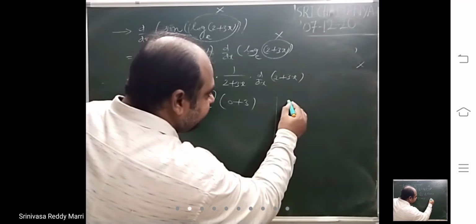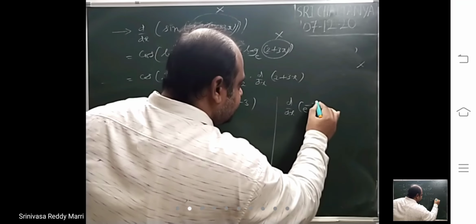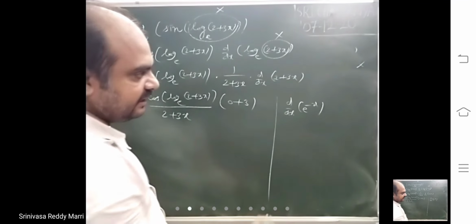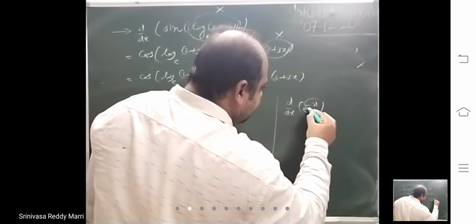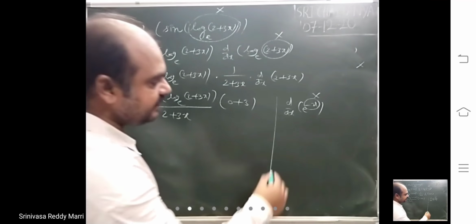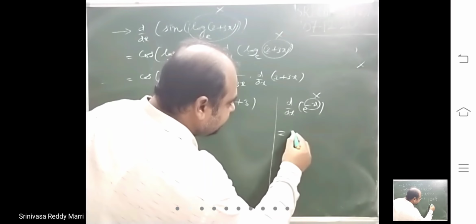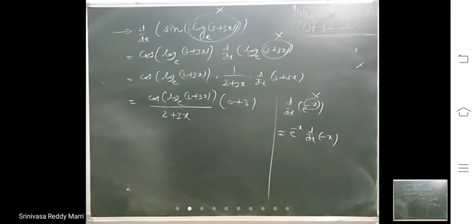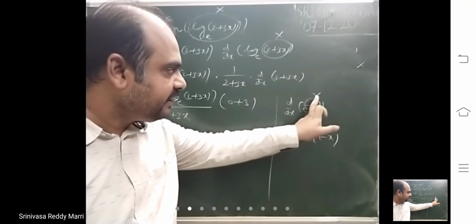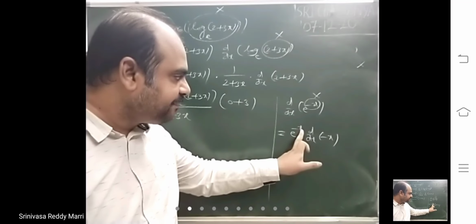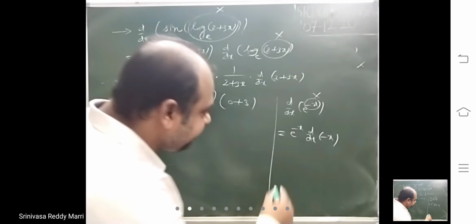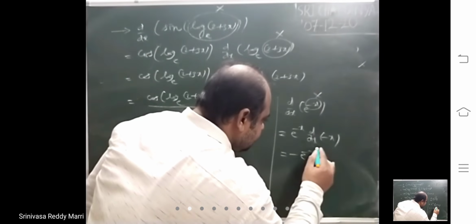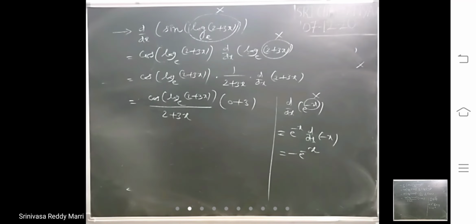Now previously while solving, you were asked d by dx of e power minus x. Suppose y you have written. So the e power x formula you know. This is capital X. E power capital X is e power x into d by dx of minus x. What is capital X? This e power capital X is e power minus x into d by dx of minus x, which is minus 1. Previously we have written this while solving the limits. Always identify with the standard rules.